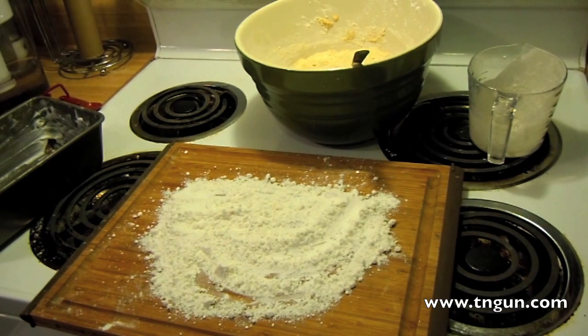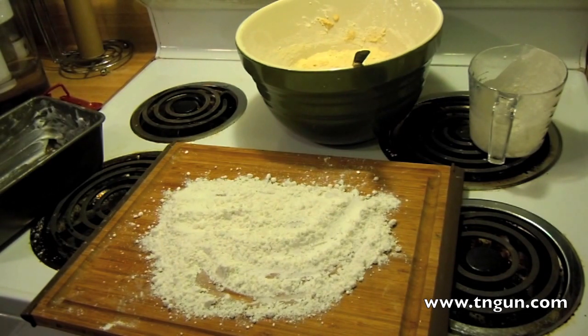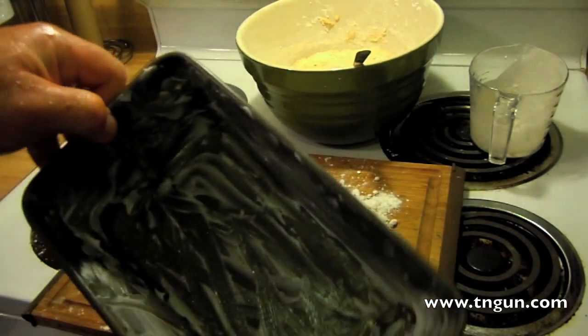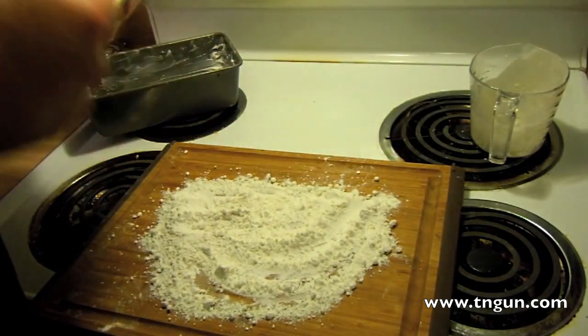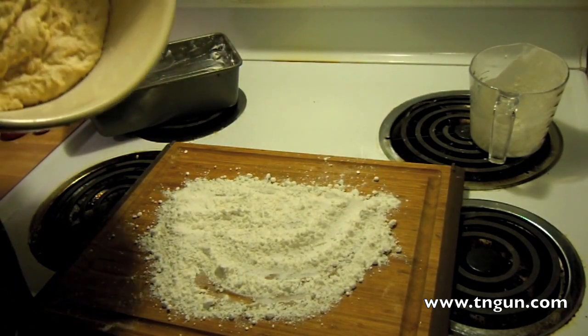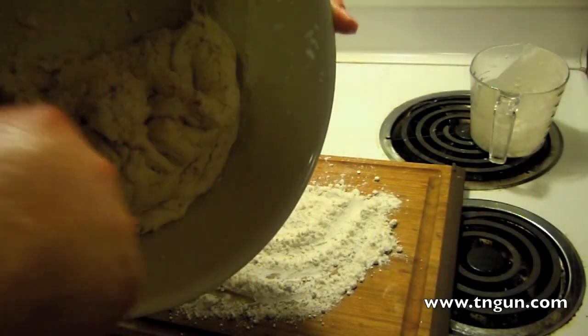And when I tried that, the bread was awesome, but she didn't grease the pot or anything, and apparently her pot's different than mine because mine burned to the bottom and it wouldn't come out. I had to like break it to get it out. The bread was great, but I couldn't hardly use it, and that's why we're using the greased loaf pan. It won't be as authentic as her recipe, and you want to just gently kind of